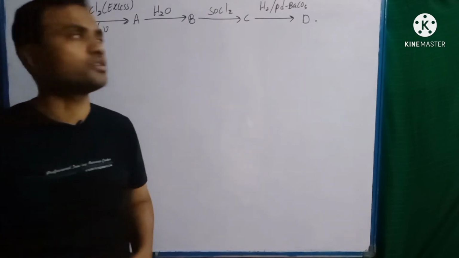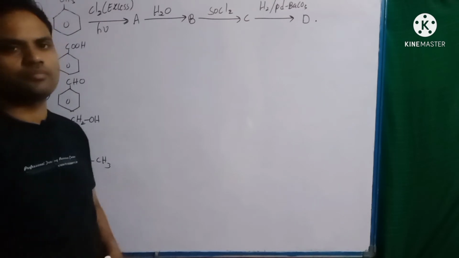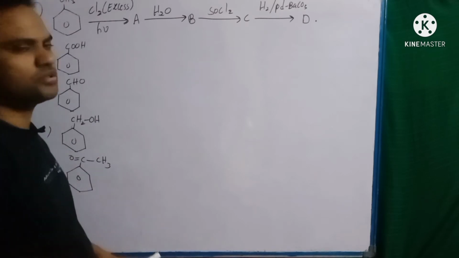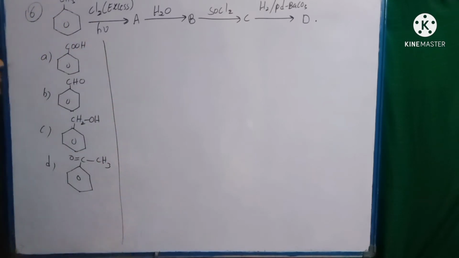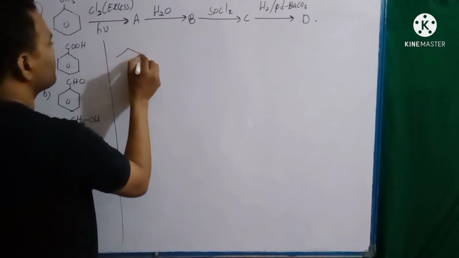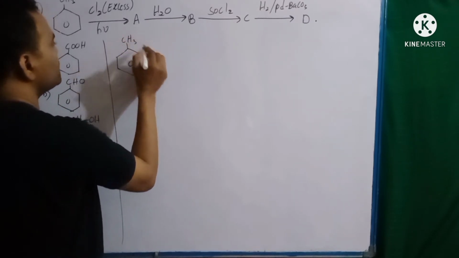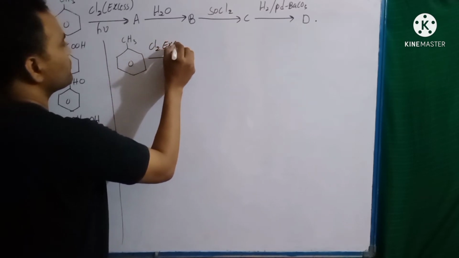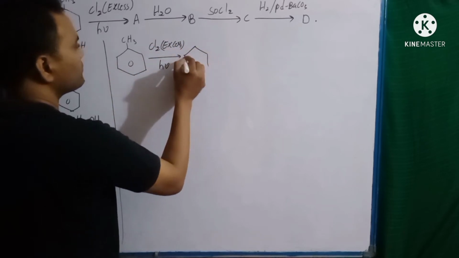Now let us see the next question. Identify D in the given reaction. So we have to find D. Here some steps of reactions are given to us. Now let us write all the steps. Toluene when treated with Cl2 in excess in the presence of sunlight